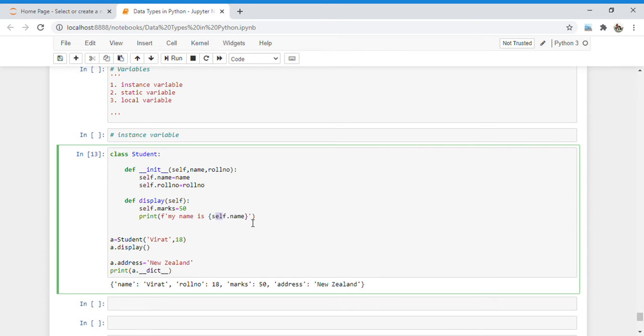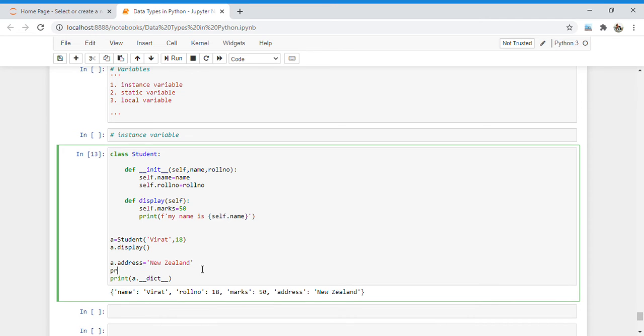To access the variable outside the class, we can use the object reference.